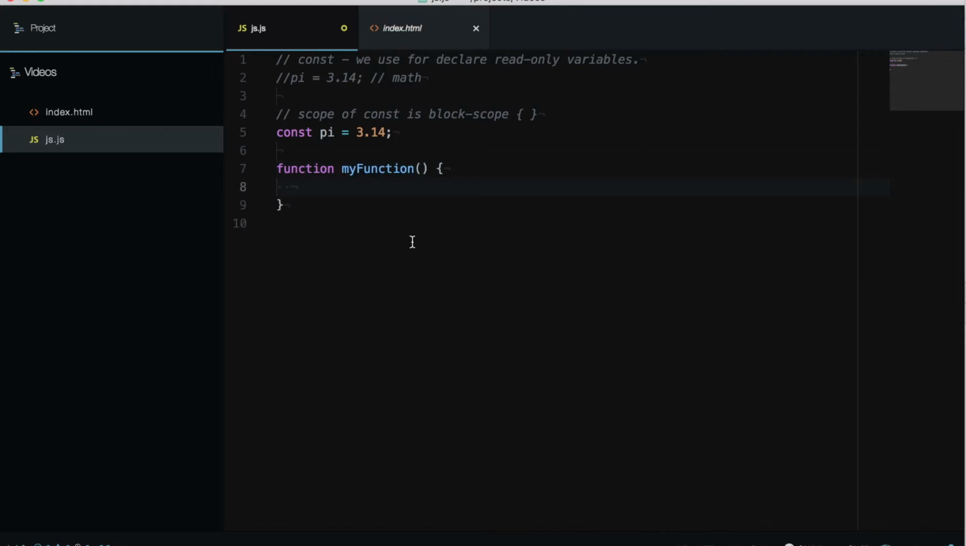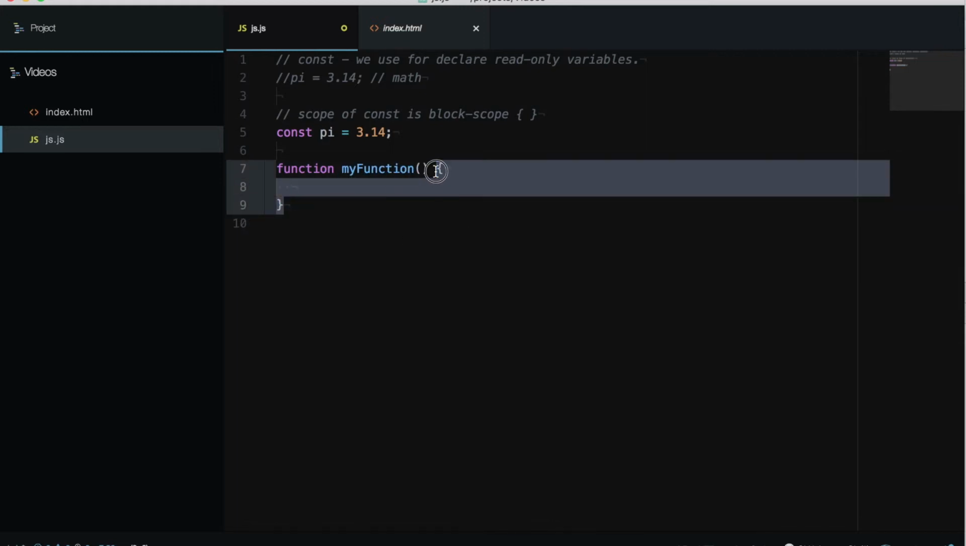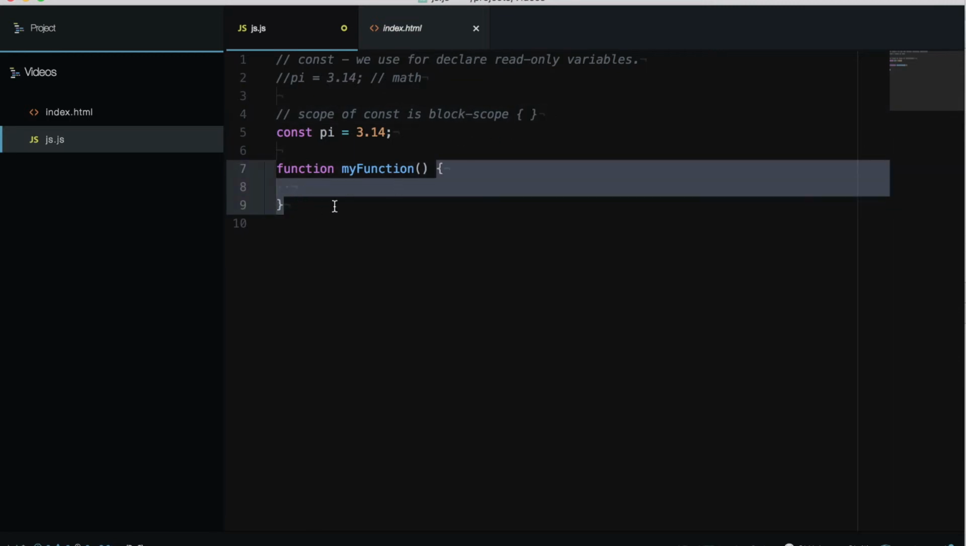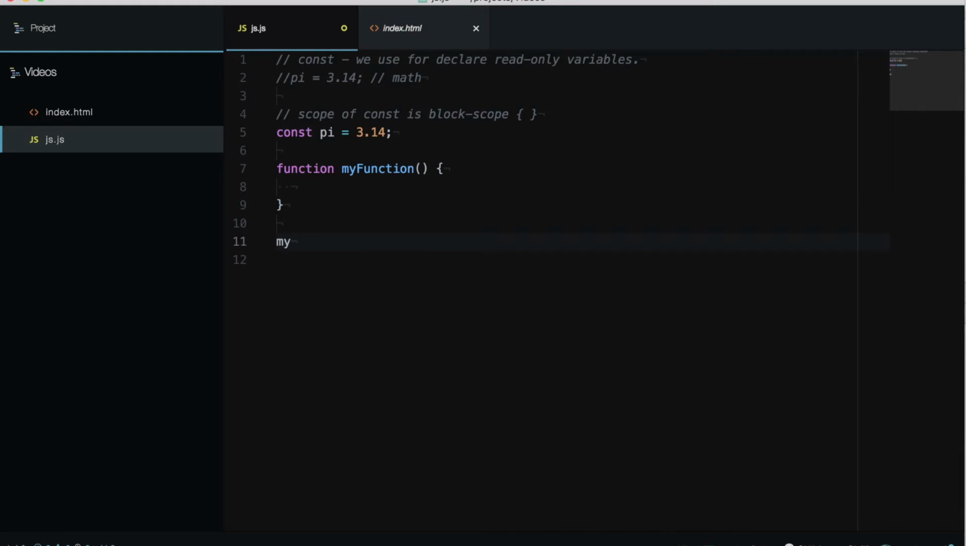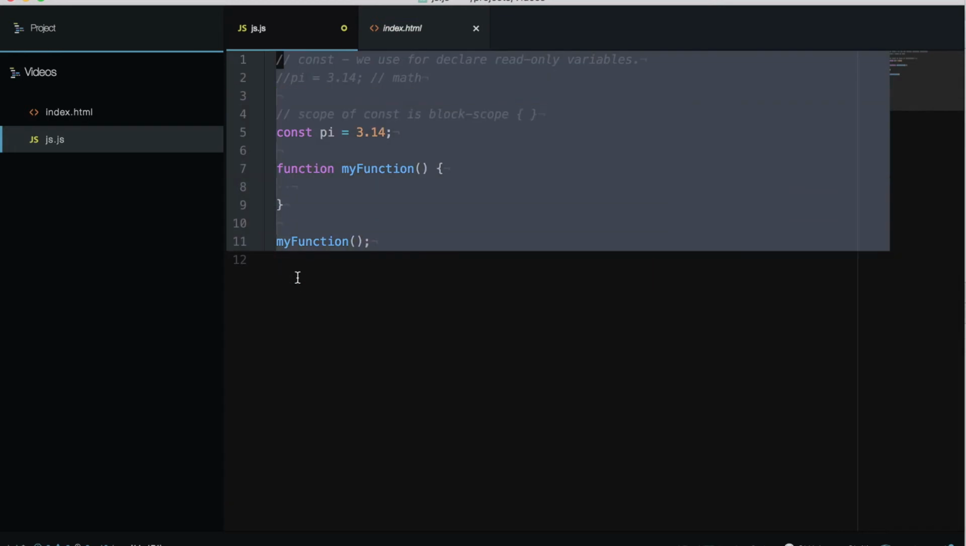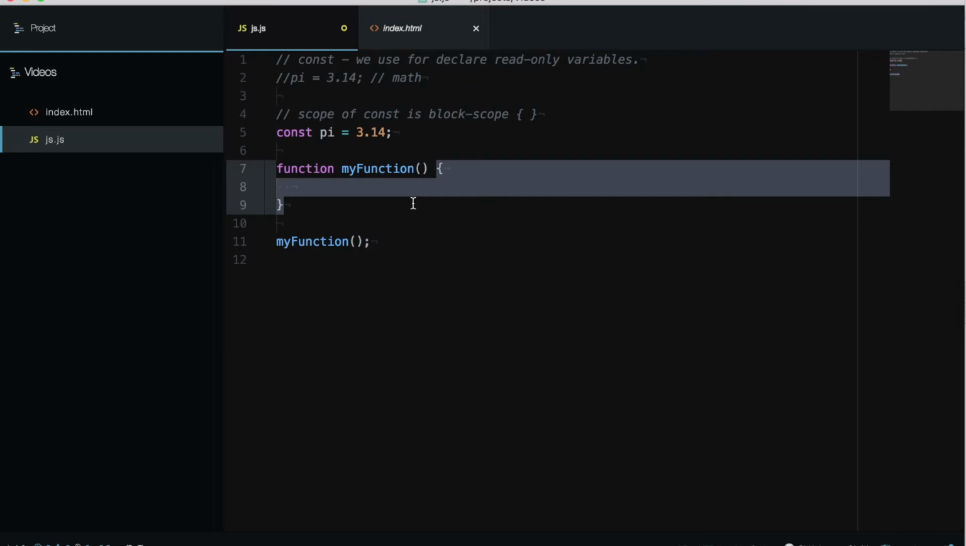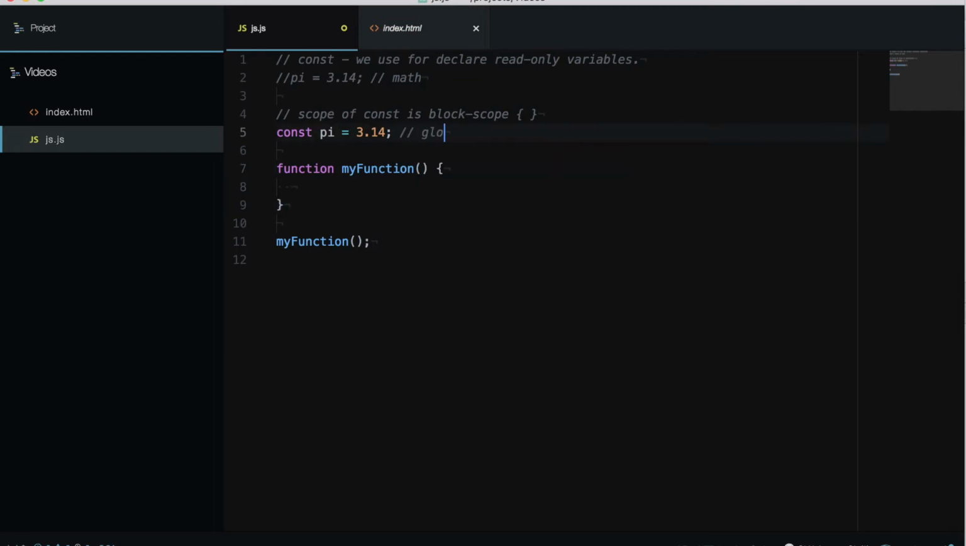then I have one block. This is one block. A block is a pair of braces here. Then I will execute my function, just to run the code inside the function. Then here I can access this value because it's global to my script. So that's the reason I can access it inside this block scope, because this is global